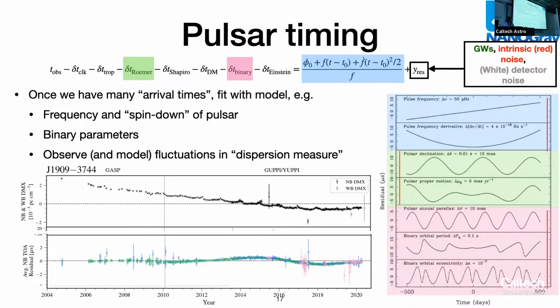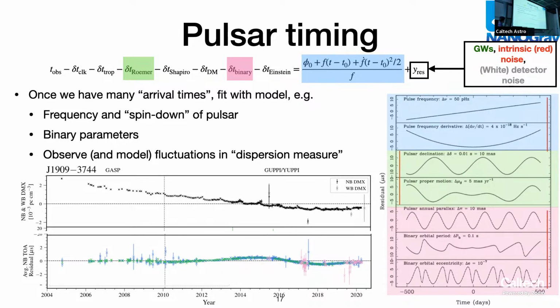We have to physically model the binary properties of this pulsar if it's in a binary with some companion. And if that binary is losing energy due to gravitational waves, we also have to account for this. So this is all stuff that's happening sort of in between us and the pulsar, but the pulsar itself, we want to model its rotation. And so we typically model its rotation using a Taylor expansion in the orbital phase. So we have some initial phase, we have some frequency of the rotation, and some frequency derivative of that rotation.